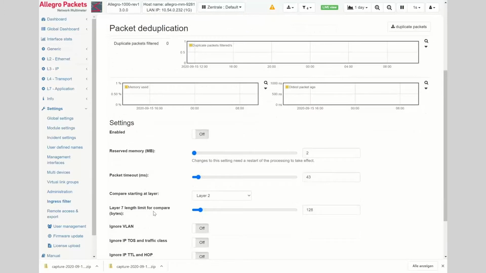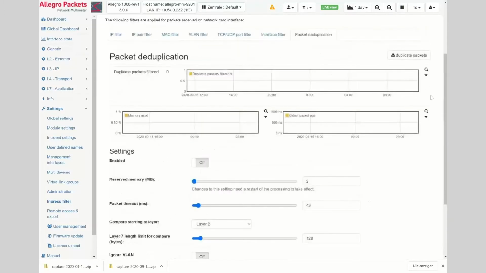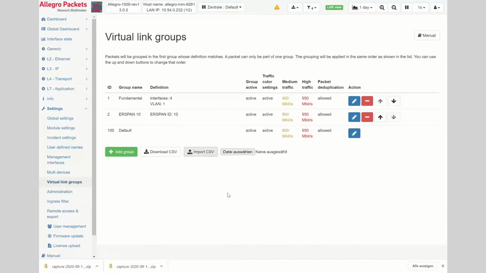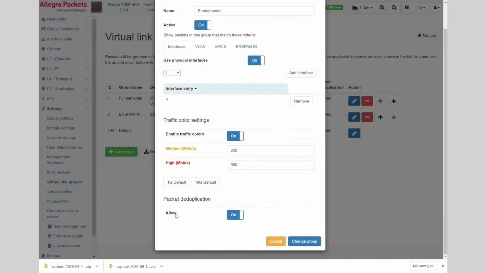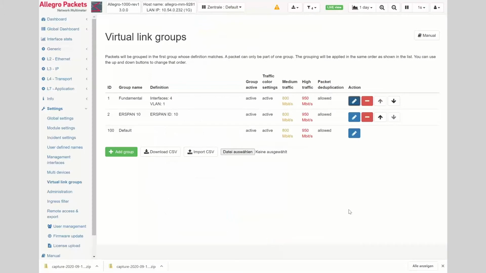What we also did is you can enable this deduplication engine by the virtual link groups. You can decide for this virtual link group whether you should do deduplication on that virtual link. The background is very simple.